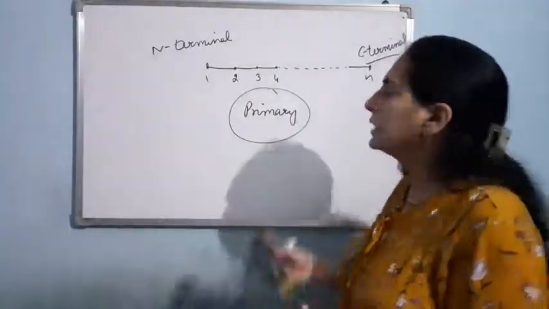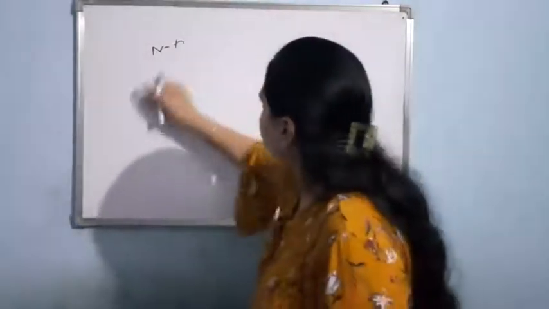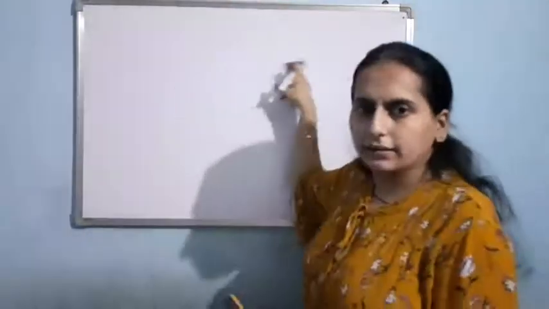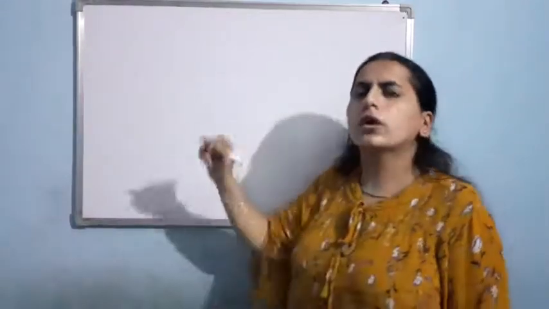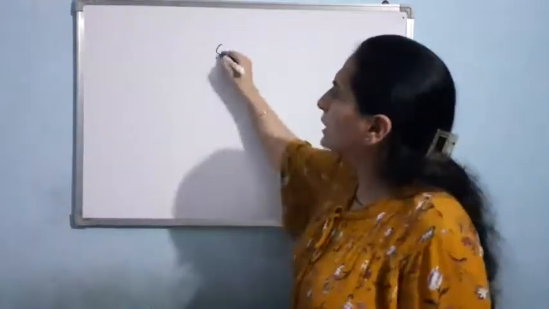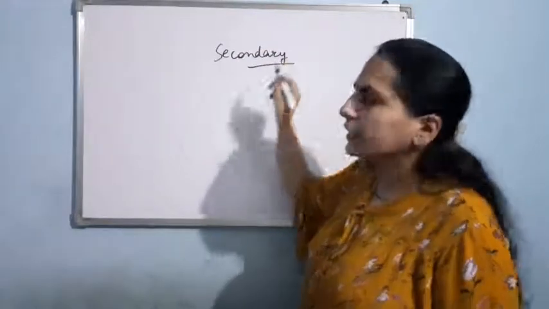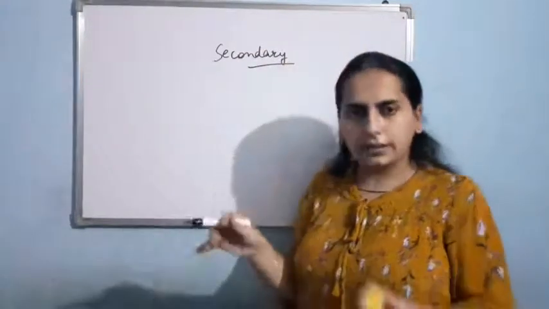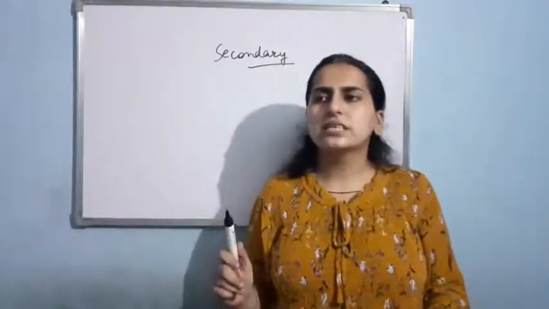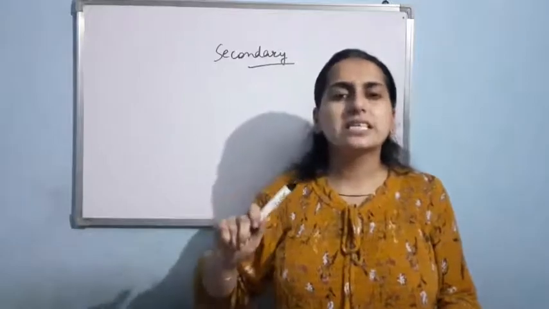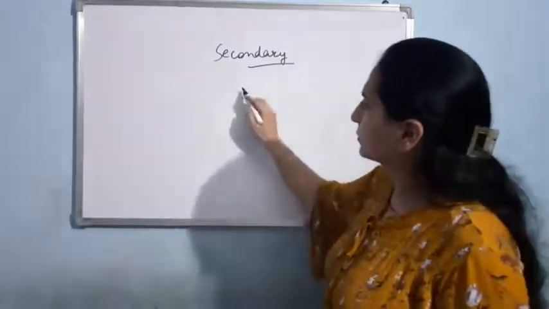Now what happened in the secondary structure? Let us talk about the secondary structure. This protein thread that you have seen right now, by the joining of the amino acids we got a protein thread. Now in the secondary structure, this protein thread used to make a helix. You have seen the rounded staircase. It is like that. Just see.